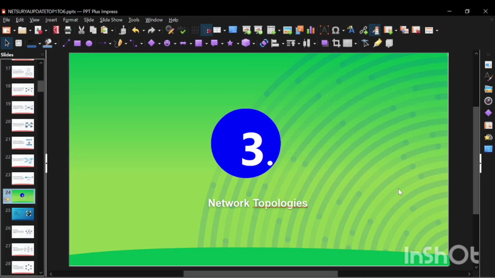Okay, so why do we use network topology? Just like a city needs roads to connect houses, a network needs topology to connect devices. Choosing the right topology helps in making communication efficient and fast, reduce data loss, simplify troubleshooting, save cost, improve network. Okay, and some common network topology are bus, star, ring, mesh, tree.